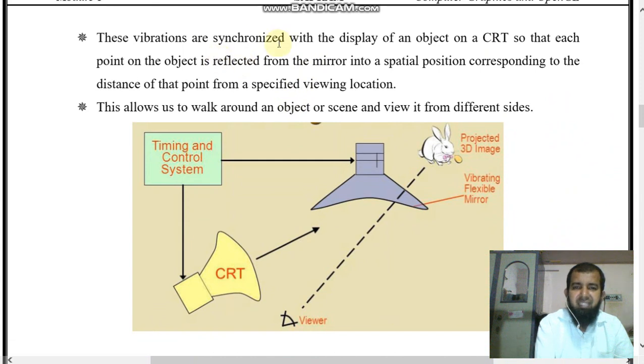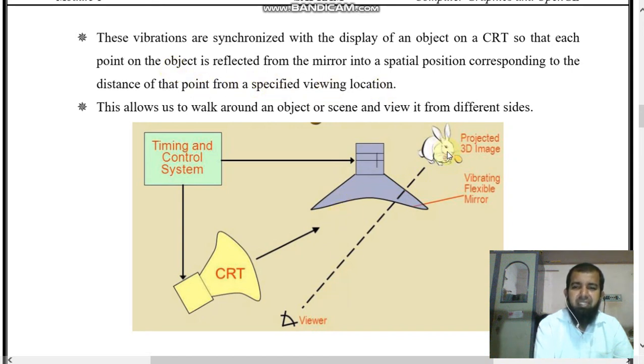These vibrations are synchronized with the display of an object on a CRT, so that each point on the object is reflected from the mirror into a spatial position corresponding to the distance of that point from a specified viewing location.